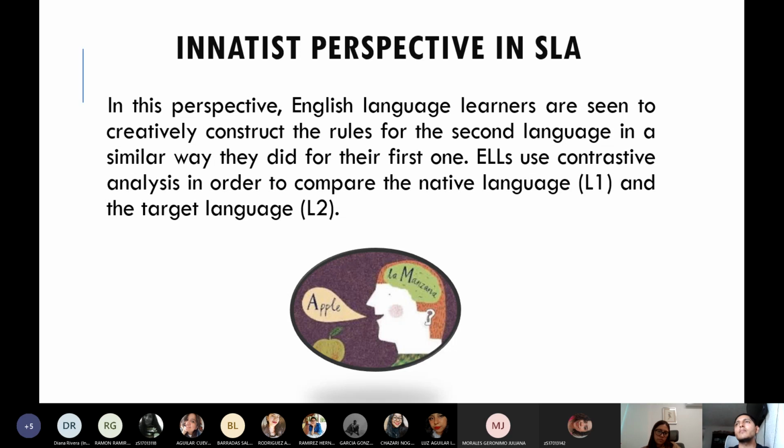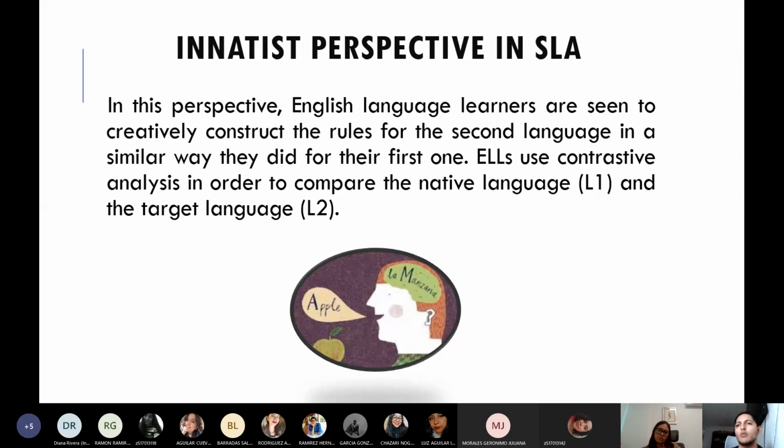And there might be constraints such as interference. Interference between L1 and L2. Interference refers to the competition model that Pinter refers to. If you read Pinter, you have the text in the folders there in Google Drive. Just look for Pinter 2010. There is this competition model where L1 and L2 are competing at the same time in order to build up vocabulary, lexis, regulations, grammar rules, mechanics,